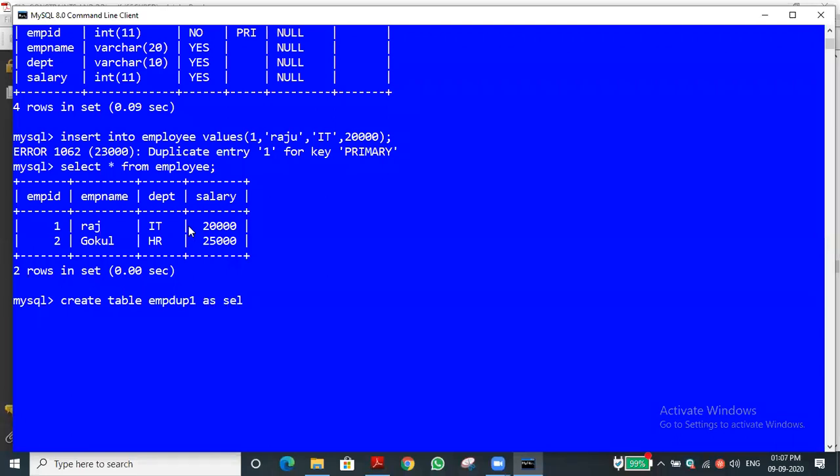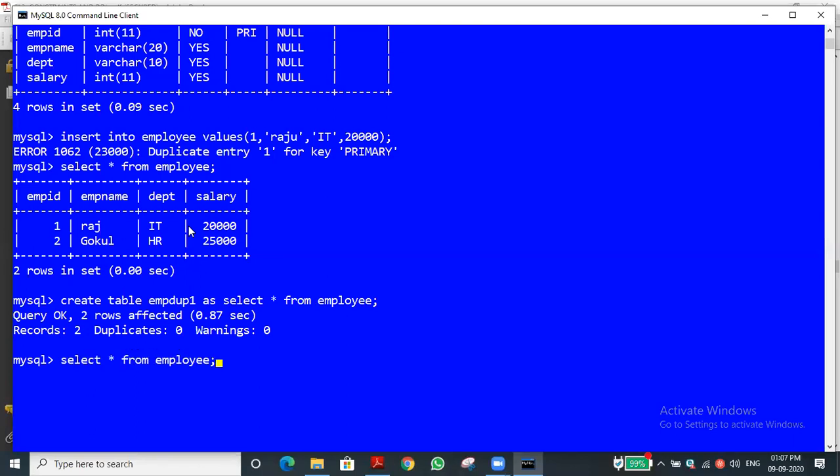This is a keyword. We write select, star, from the table. Suppose I want to select all, that means star, so we write select all from the table. Which table do we need to use? Employee. So employee is the table. If you give the command, then you can see this.